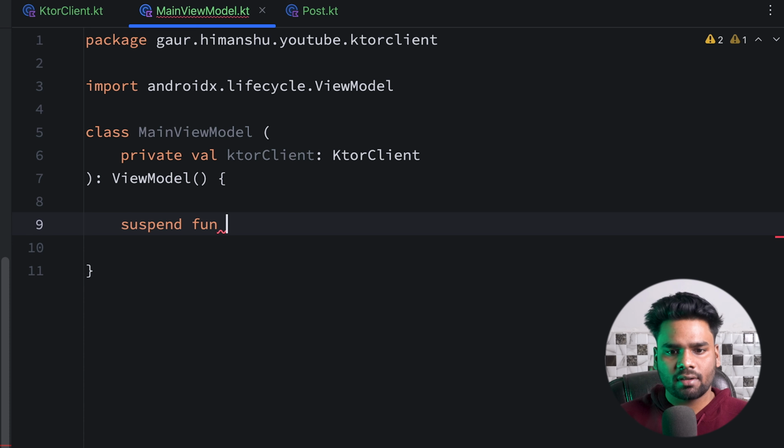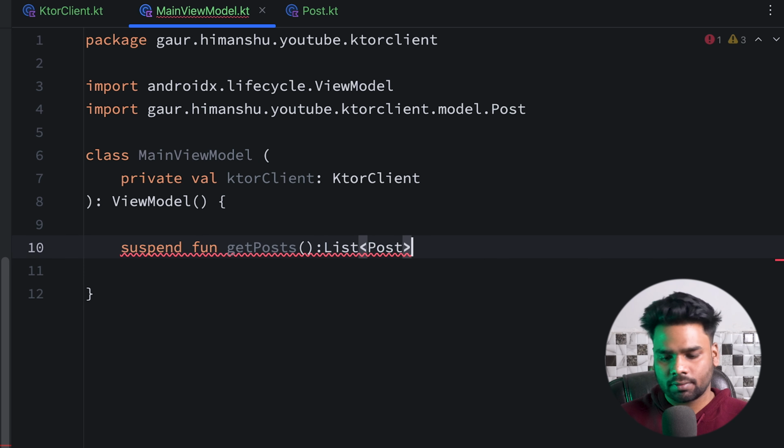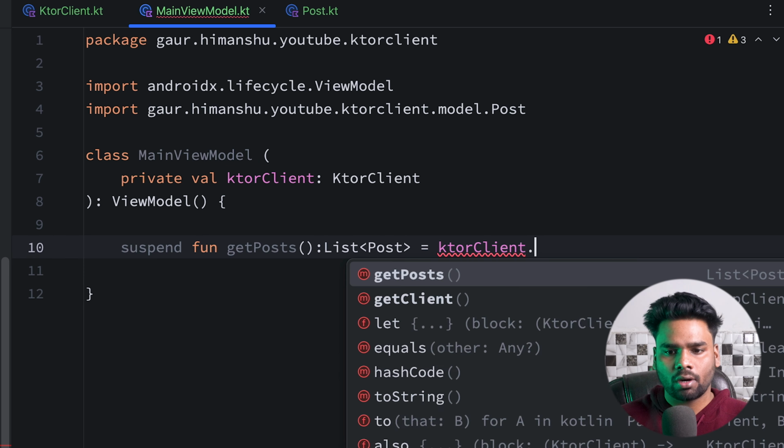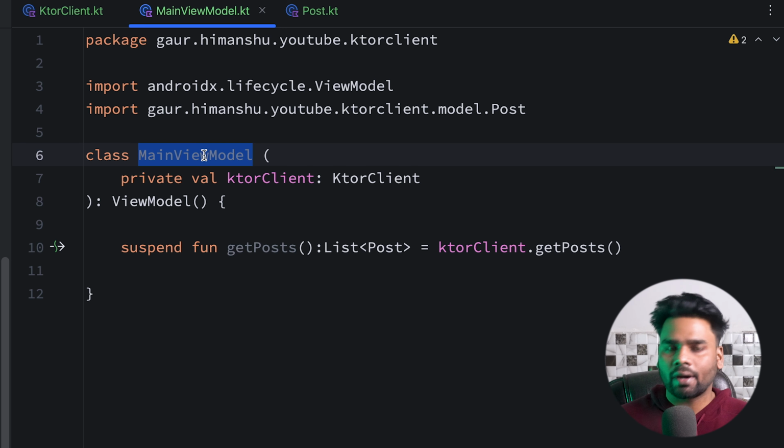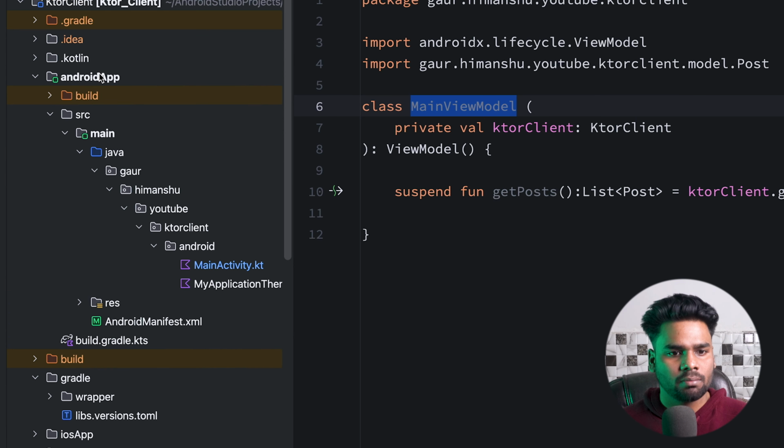Now we are having a suspend function getPost, and it will return a list of posts, and simply I'm using my Ktor client dot get post. Now it's time to use this main view model in our Android first. So first we will do all of the things for Android, and after that we will do all of the things for iOS. So to do this thing for Android, simply open up this Android app module,